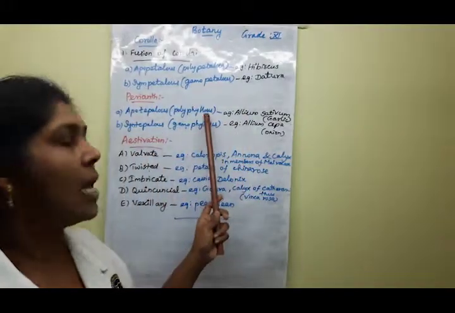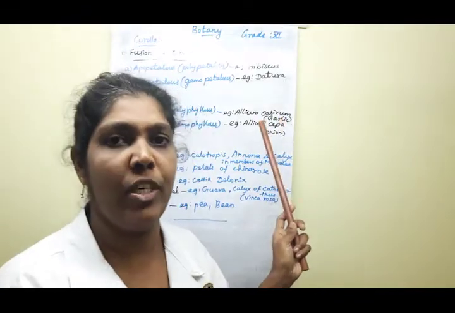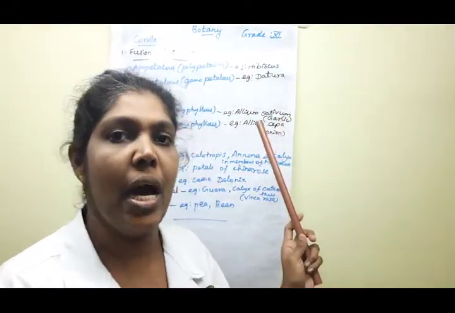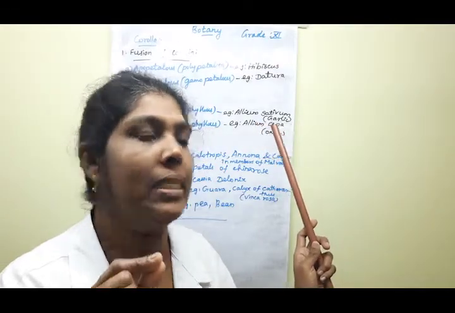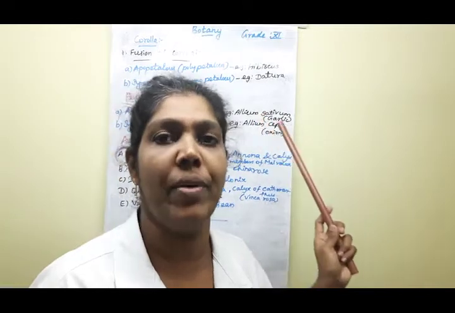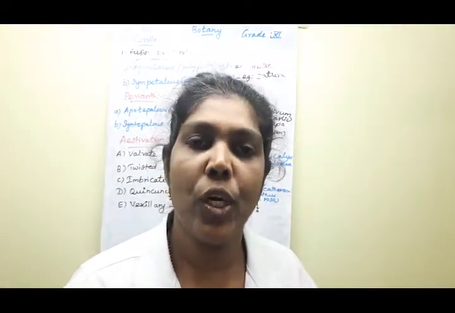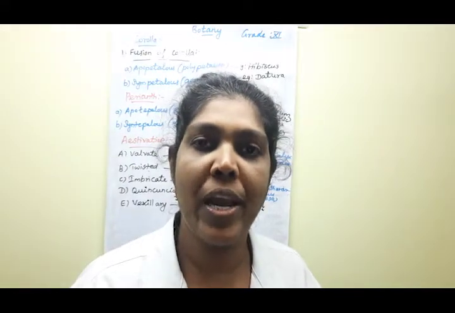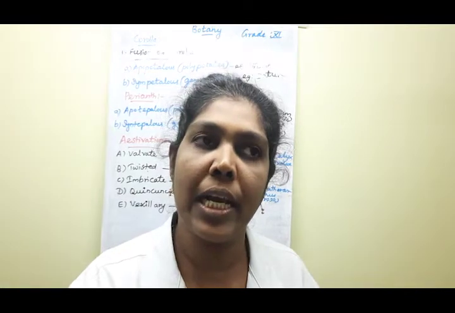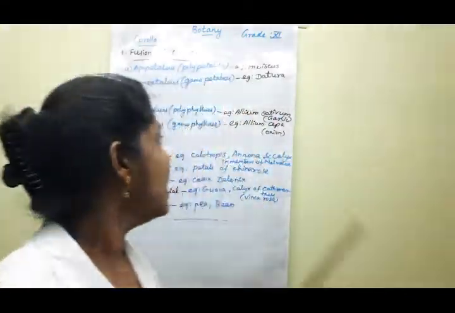Yes. So they are quoted with certain examples of species. First, the polyphyllous or apotepalous condition, one of the good examples is Allium sativum, the binomial name for garlic. Clear? All should keep it in your mind. What is the binomial name for garlic? Very good, Allium sativum. Clear? Yes.